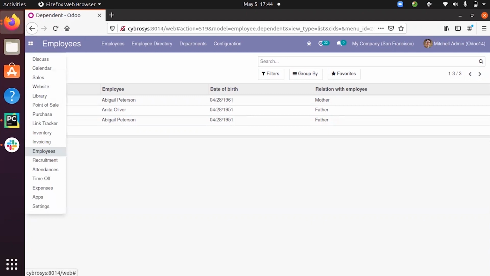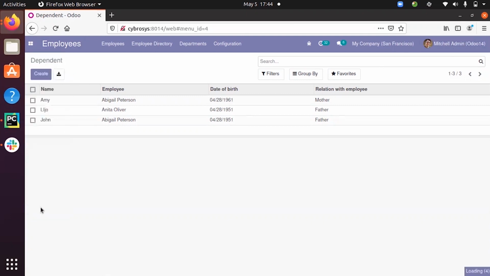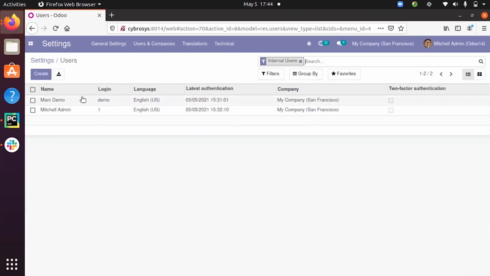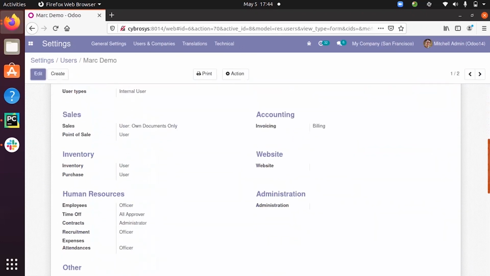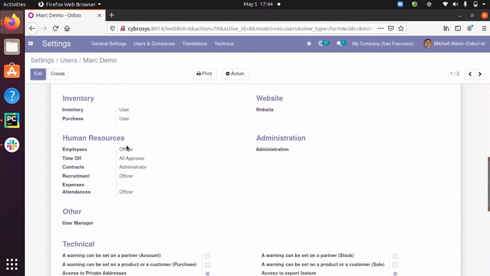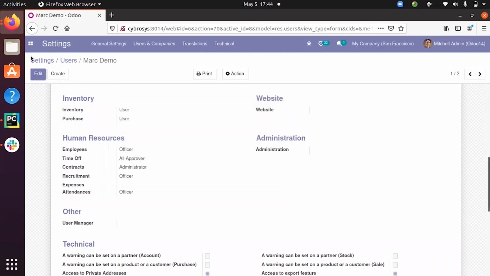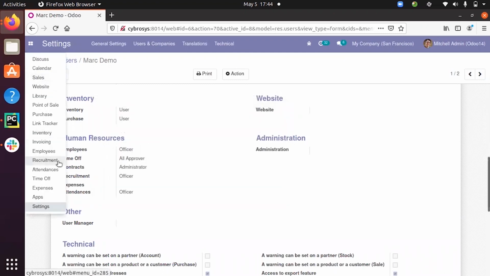Okay, now when you check the basic users, so if I open Mark Demo, you can see he's not an administrator, he's just an officer for this module, that is employees. So he does not have admin power.